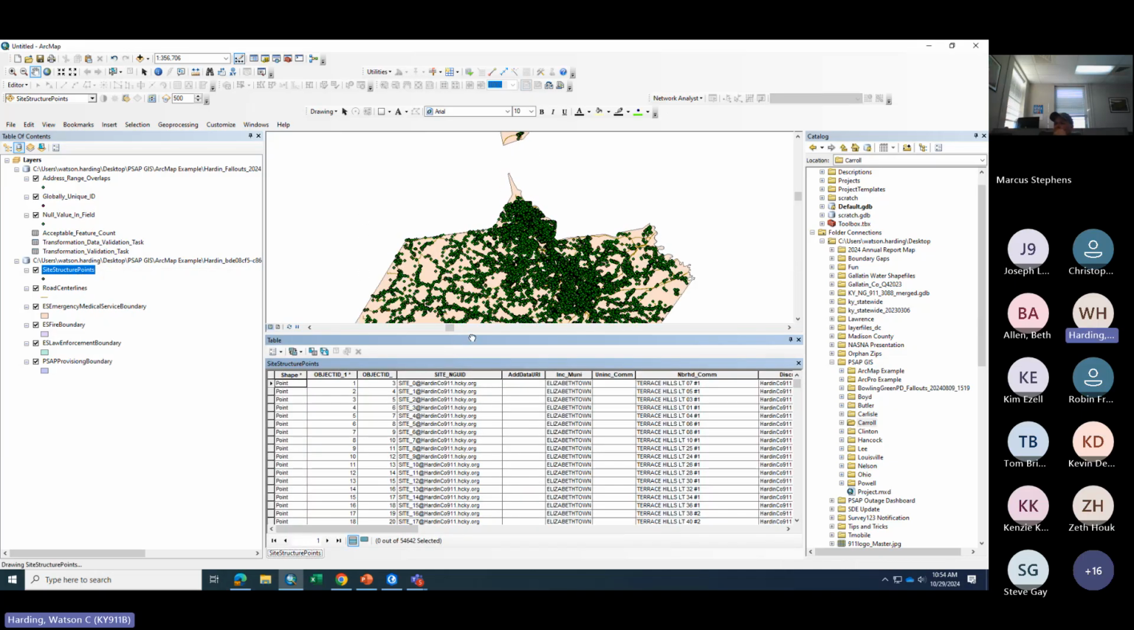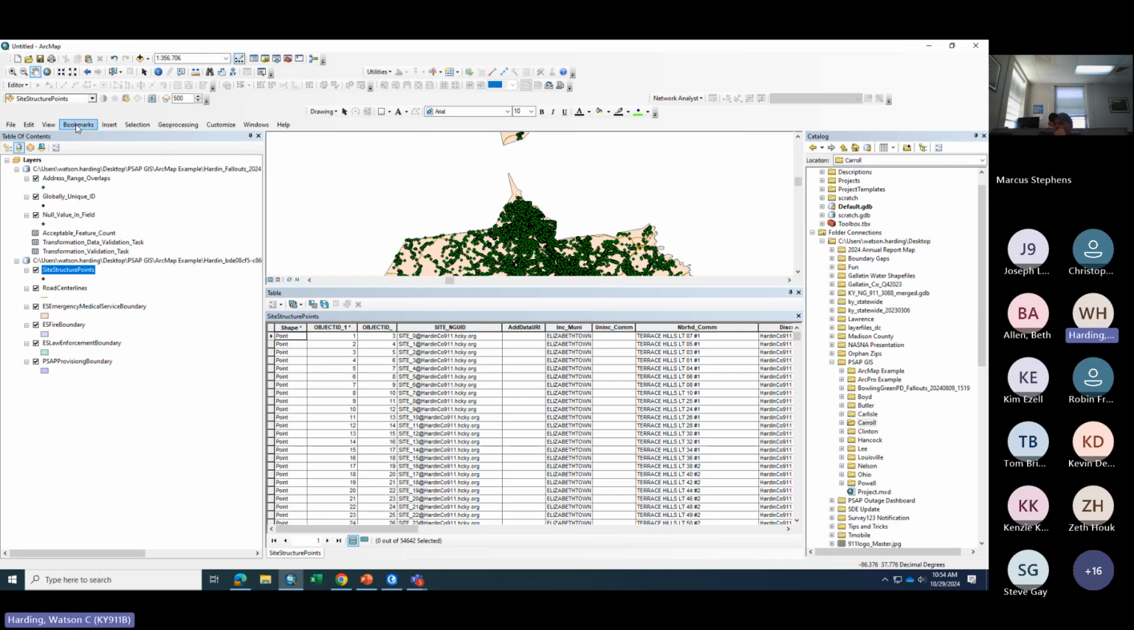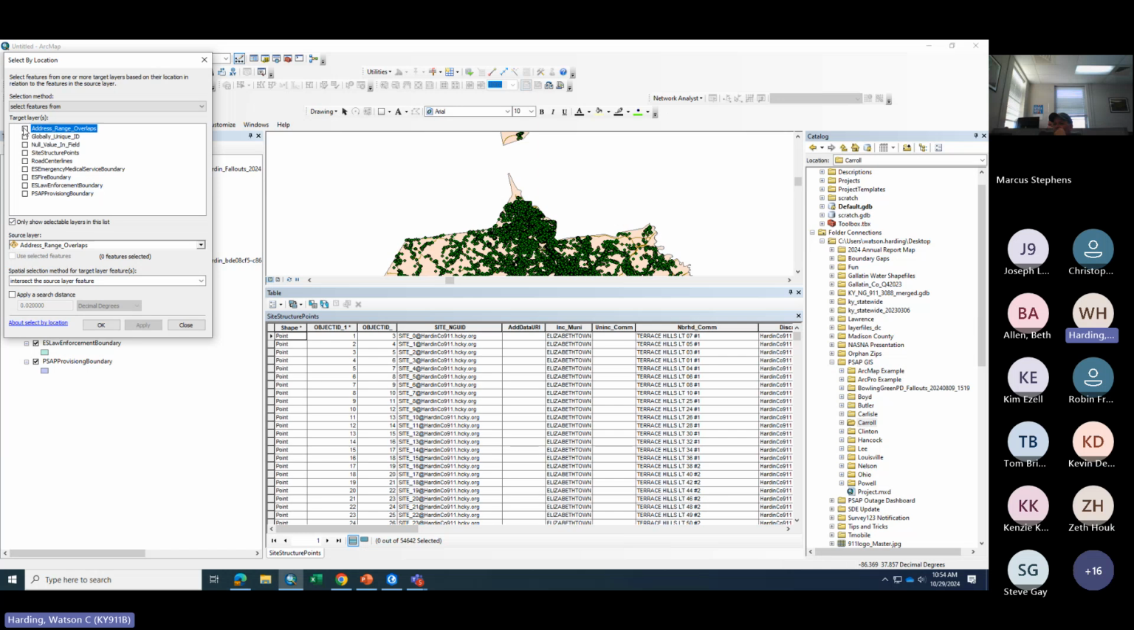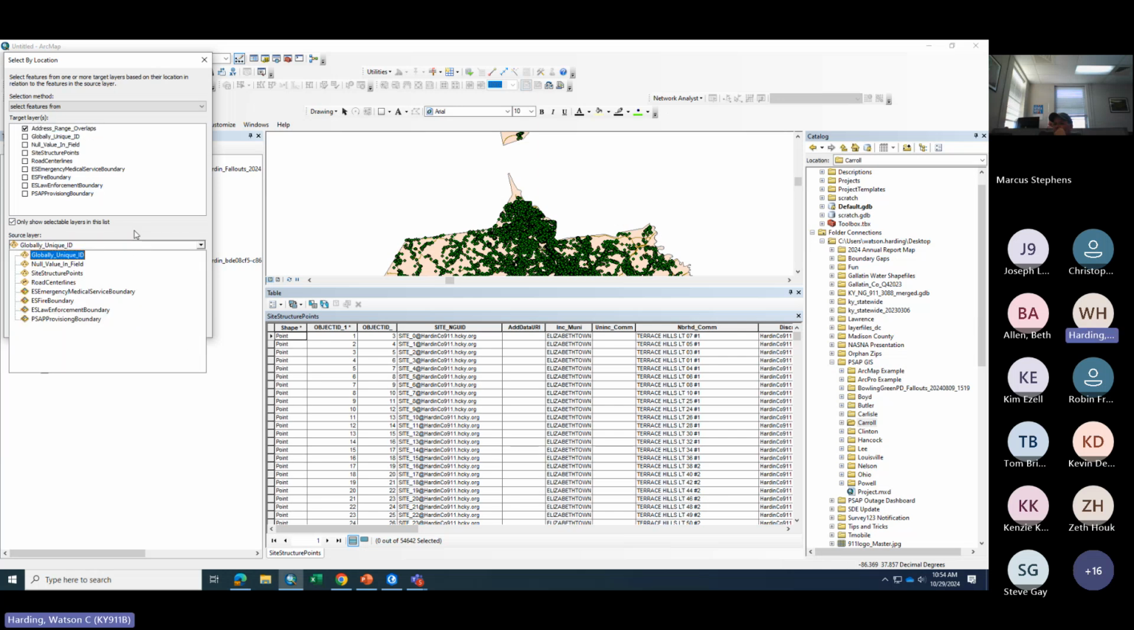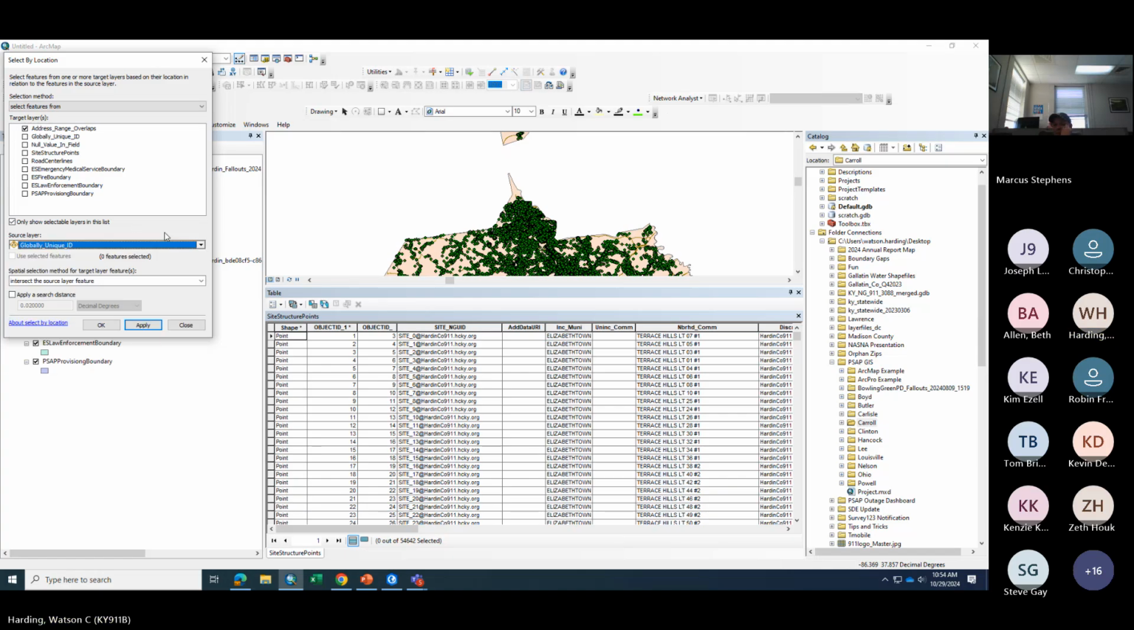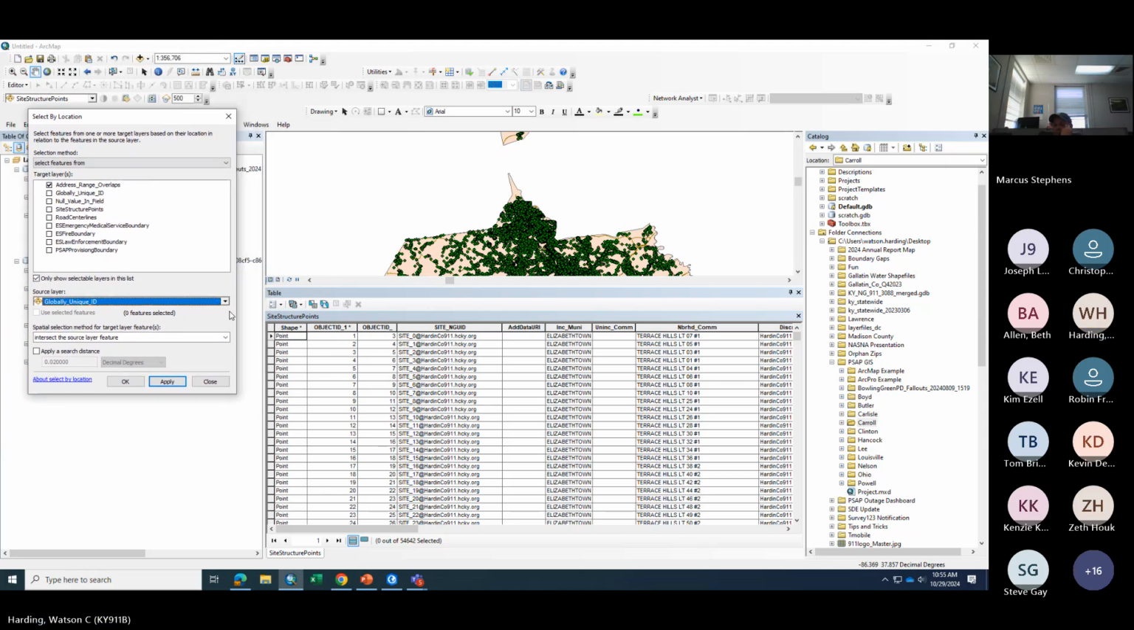Popping in here to our address points, we're all pretty familiar with selecting by location. If we want address range points that, let's see here. I'm just going to touch on this briefly. You can select by location, and we can get a little bit more into them in the future. The example I preloaded here, this is a lot more useful with